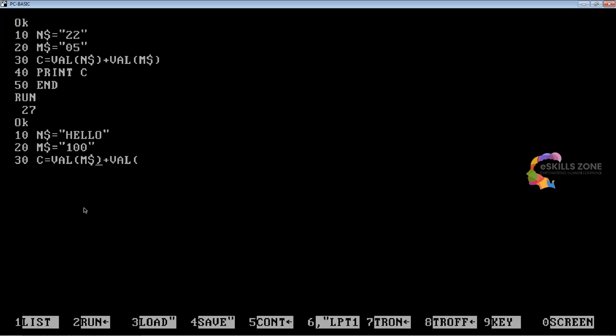Here we'll type N$, and then we will type plus double like this, and then type plus VAL M$. Now on line 40 we'll type PRINT C. On line 50 we type END. We'll press the F2 key. So you can see the answer is 100, because the "hello" does not contain any